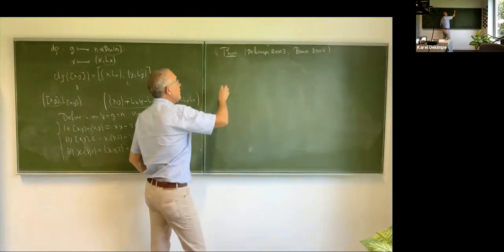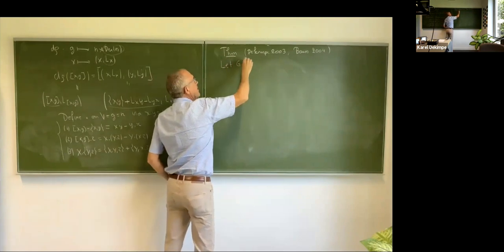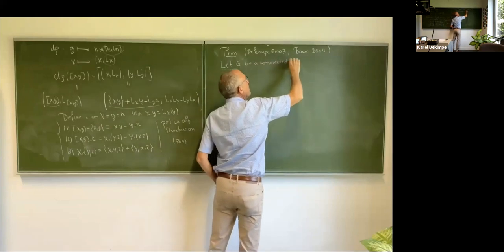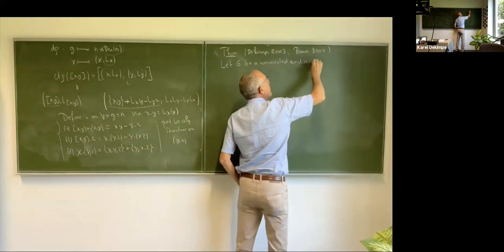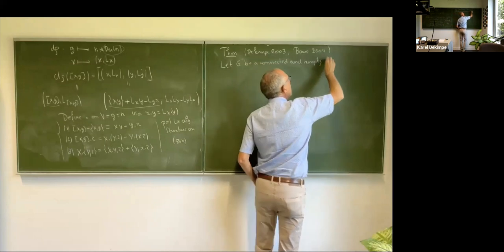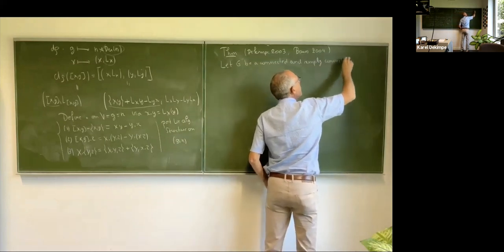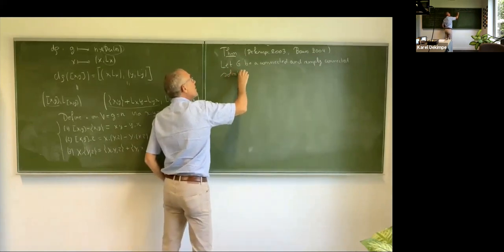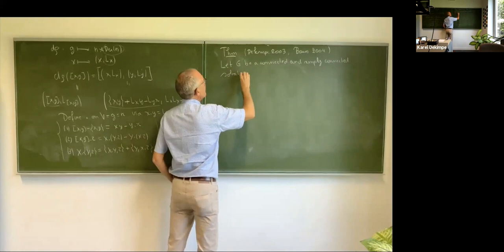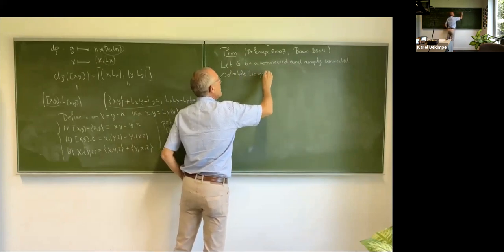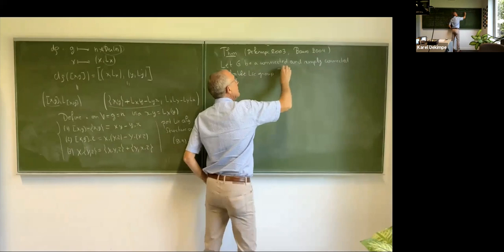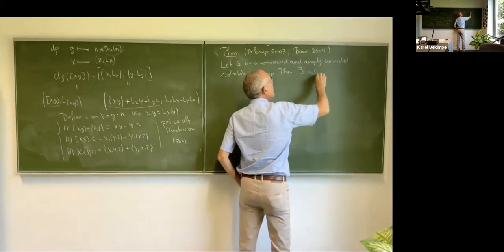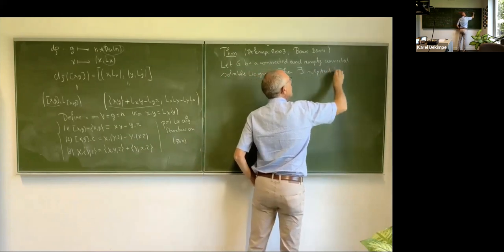And it says the following: let G be a connected, simply connected, solvable Lie group, then there exists such a nilpotent Lie group,